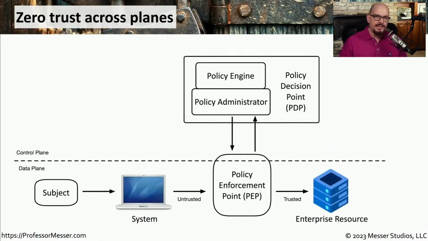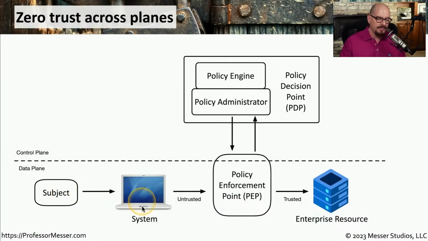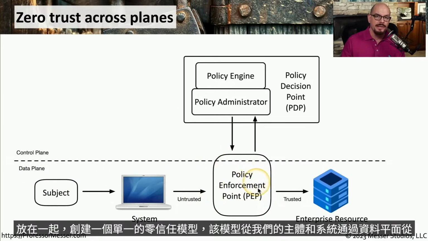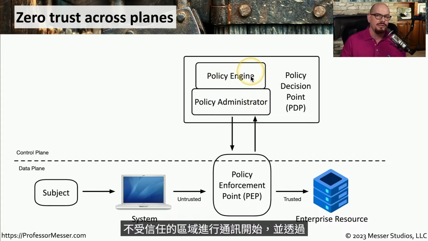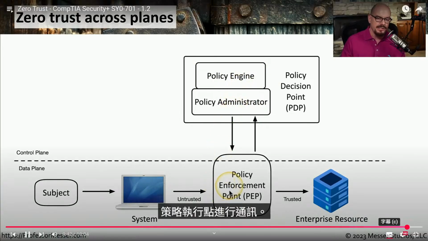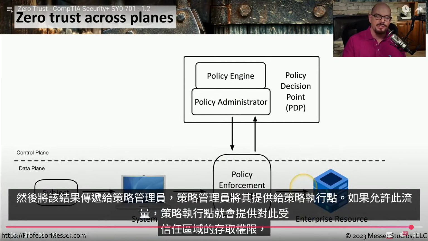Now we can put all of this together to create a single zero trust model, which starts with our subjects and systems communicating from an untrusted zone over the data plane and communicating through the policy enforcement point. If there is a policy enforcement that needs to take place, this enforcement point will provide that to the policy administrator, which then communicates to the policy engine to make the decision about whether this traffic is allowed. That result is then passed down to the policy administrator, which provides that to the policy enforcement point. And if this traffic is allowed, the policy enforcement point then provides access to this trusted zone and